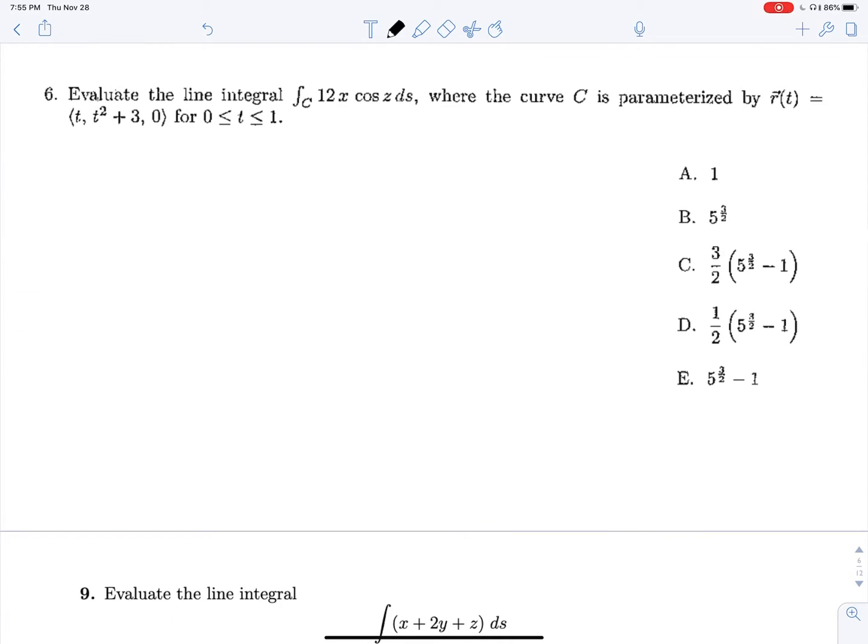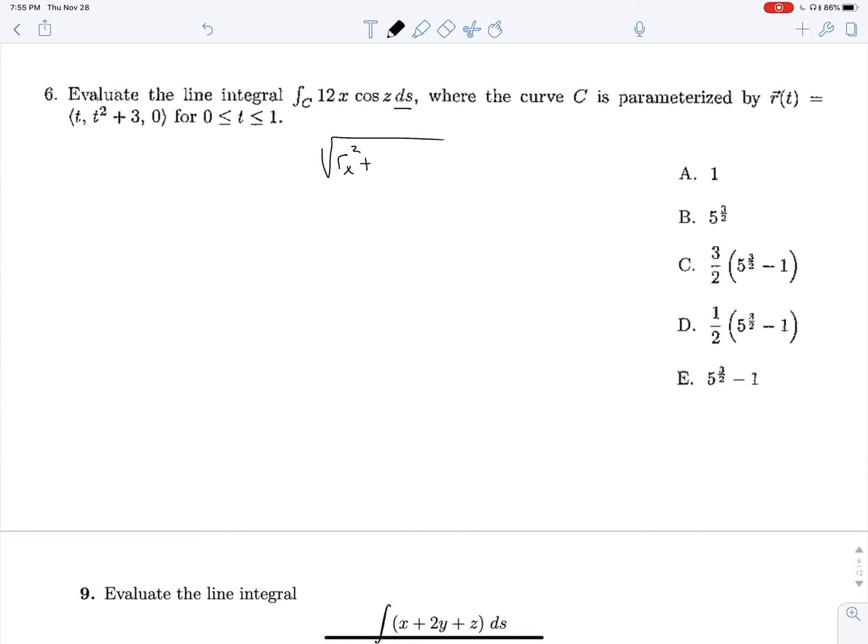Let's evaluate this line integral where the curve C is parametrized by r of t, given here for t between 0 and 1. Well, this is a different kind of line integral than we've seen before. It's a line integral ds. We know that we can turn this into a more normal kind of line integral dr with the square root of